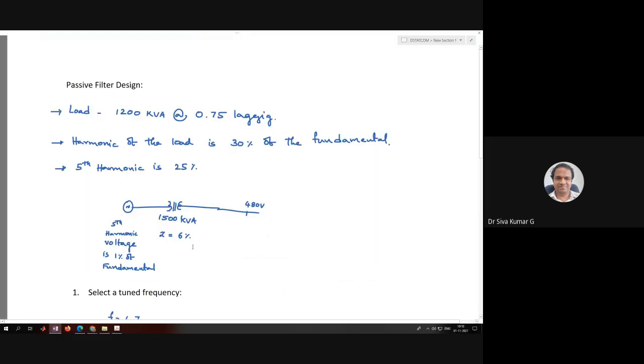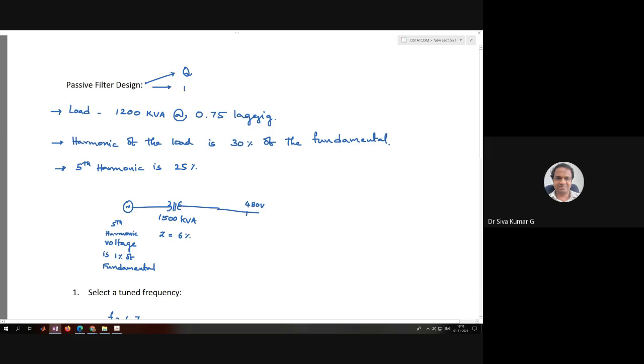Why these passive filters are being used is to eliminate the harmonics, which in the last class I told about, the advantage of using the passive filter design. This passive filter is used to eliminate the harmonics, but in our case of this course, the filter is used to supply the reactive power required by the load, as well as